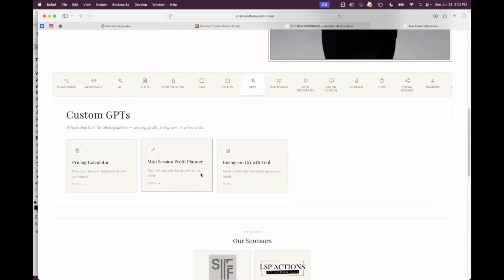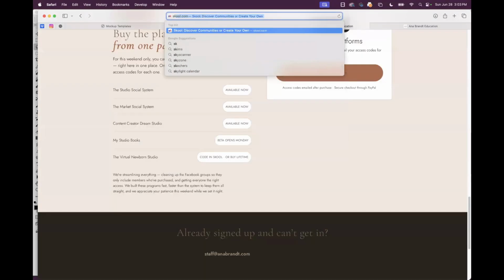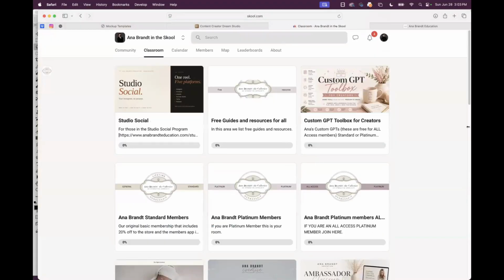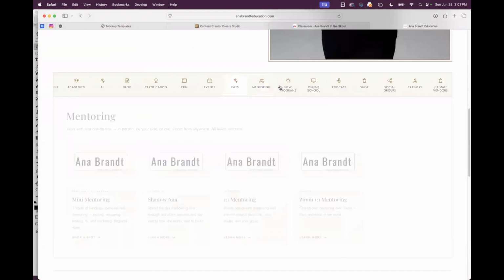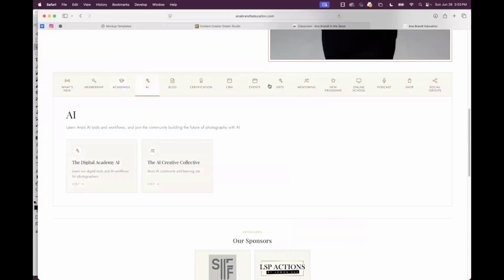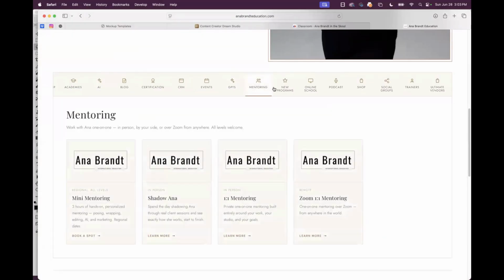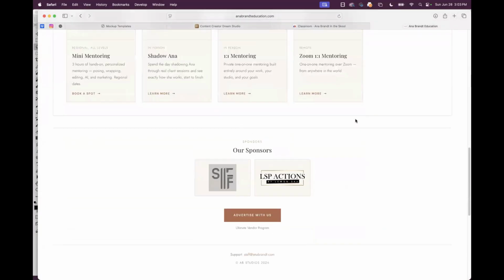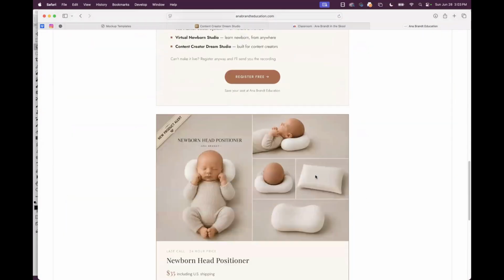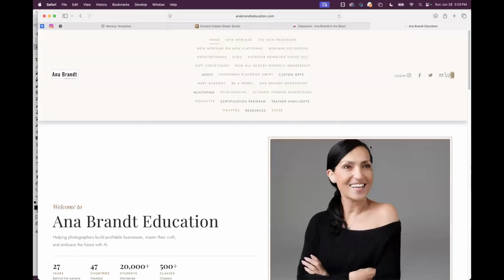Many of you don't even know I've built my own GPTs. They're all right here. Those are included for members in our school, which is here. So if you're a member, anytime I put codes, it's in the classroom. It's in your classroom. The 50% off applies to things in here, like the academies, like the GPTs, mentoring, the wrapped, whatever else is in here.